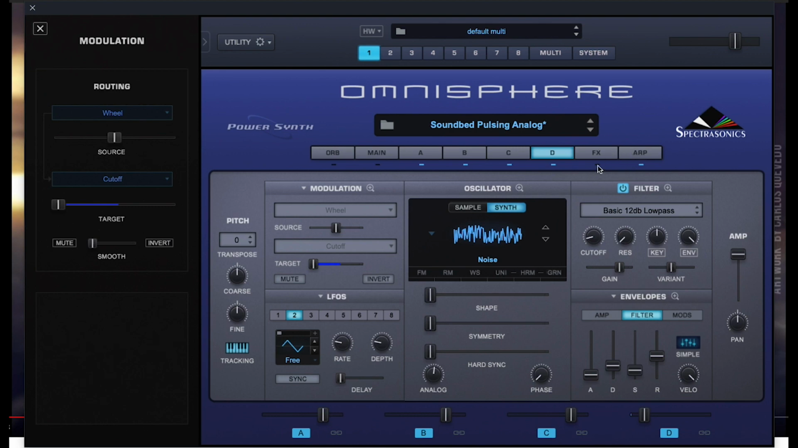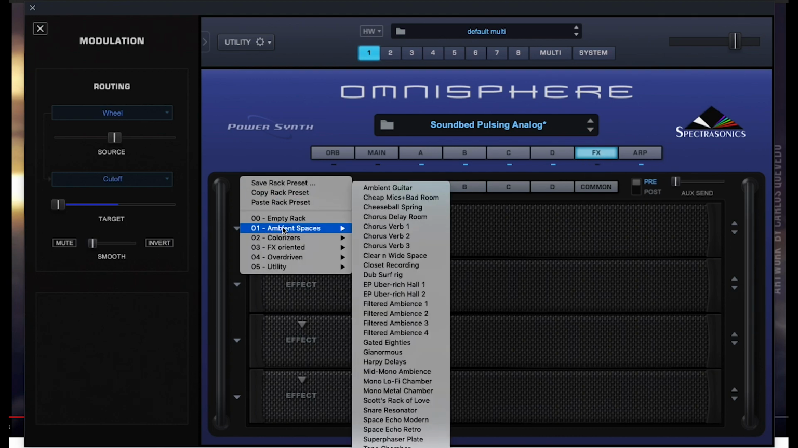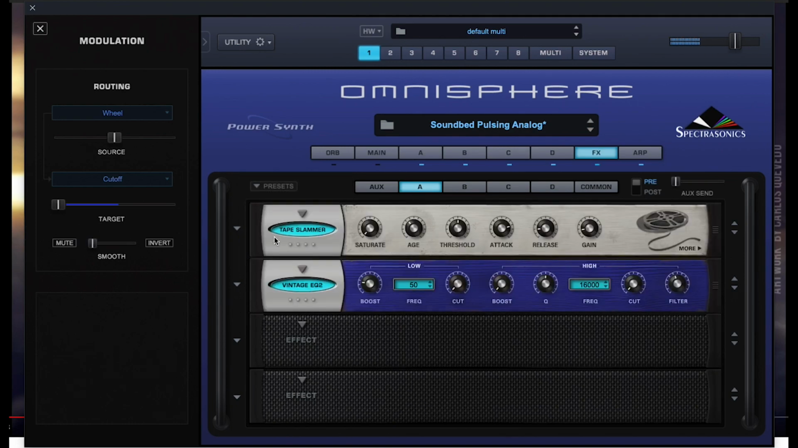Oh, and if you want to add effects, you can also add some effects. Did I not have any effects on yet? Oh, I guess I didn't have any effects on yet. But you can try some of these presets and colorizers, and then if you do take the ARP off, you've got a nice kind of